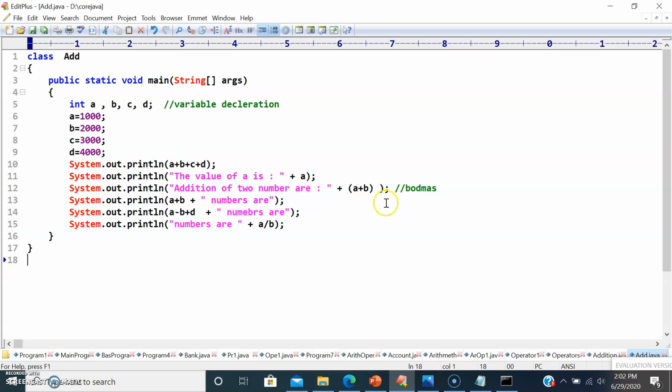If we want to add the value when we use the plus operator, in that scenario we have to go for the BODMAS rule. For subtraction and multiplication, we don't need to follow the BODMAS rule. So this is how your arithmetic operators work, and your plus operator is used for two most important things in Java. One is for calculating some group of numbers, and the other is for combining some group of numbers with some group of words, or group of words with group of numbers.